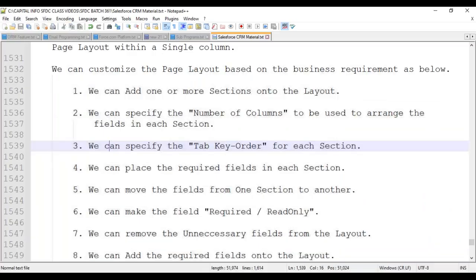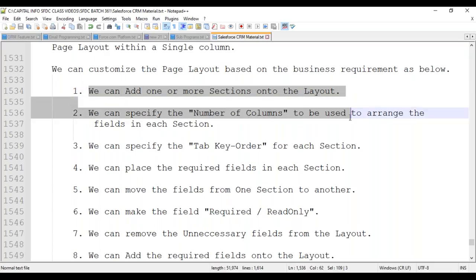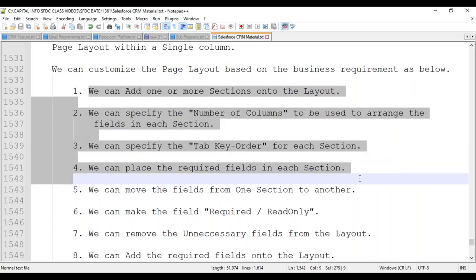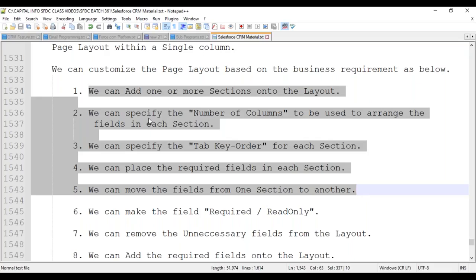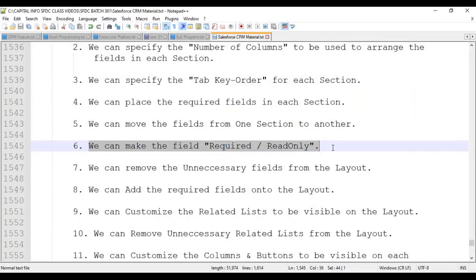Now let's see a few more customizations. Till now, we have discussed only these: adding sections, specifying the number of columns, tab key order, and how to move the fields from one section to another section. Till these five options we have discussed. Now, let's see how we can make a field required or read only. I already told you during the fields concept,